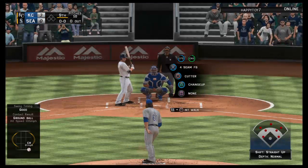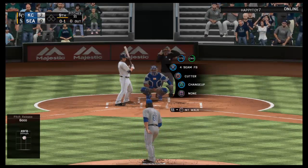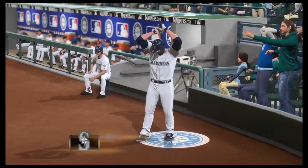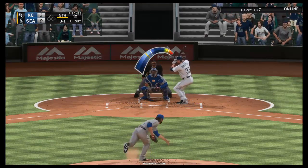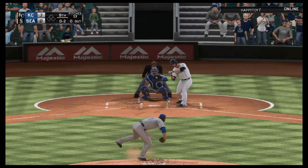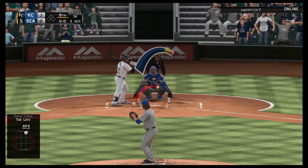Striding in to start the 9th, Kyle Seager. And they'll need him to get something going here. And there's a strike right down the heart of the plate. 0-1. And there's the backup catcher, Chris Iannetta. He's moved into the on deck. Number 33, Chris Iannetta. Down the third baseline. And a diving effort there at third. Good way to bruise your ribs. It's a foul ball. Swing and a miss, and that'll get a groan from the home supporters here. 1 away. Second baseman,